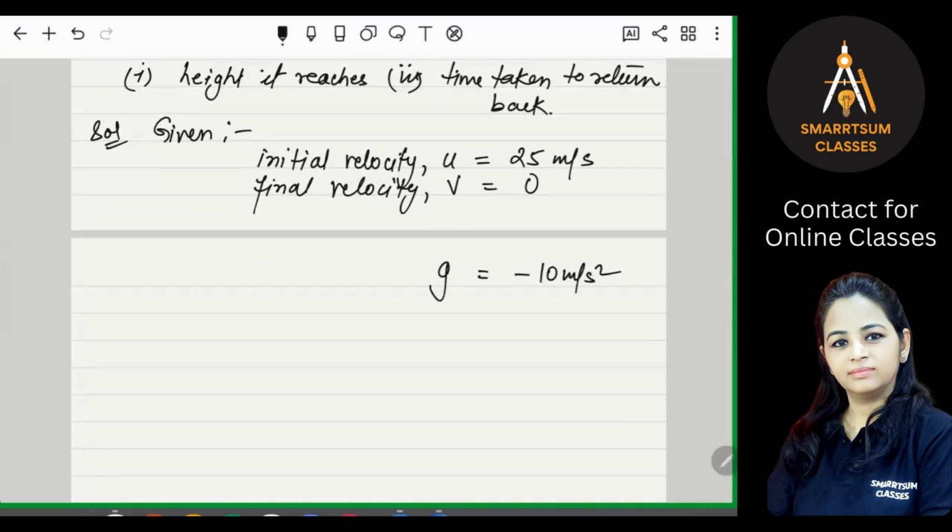Ma'am, so the answer will also be negative, right? Wait, for the height, no, I will tell you. Acceleration due to gravity, g, will be taken as minus 10 meter per second square. Now look at the first part. We have to find the height, right? Height means